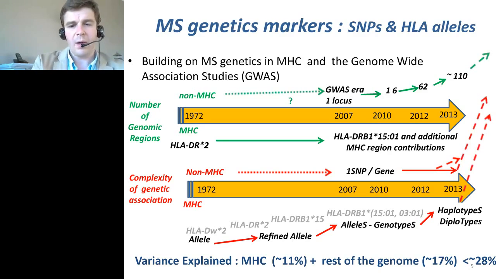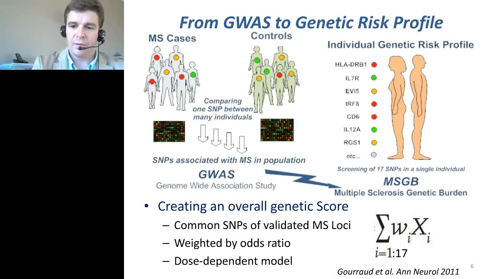So think about that. It's true for genetics, and it's true for many other fields. A lot of new data, and an exponentially growing complexity of the associations. Very true for HLA with 20 years of history, and very true for the SNPs outside the MHC, and now we're talking about 100 regions. So that kind of creates the need for